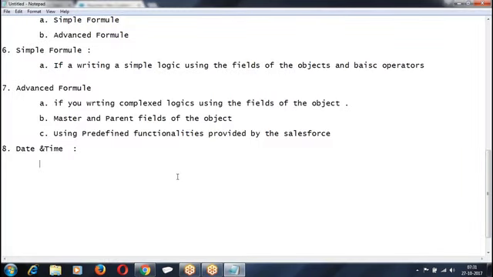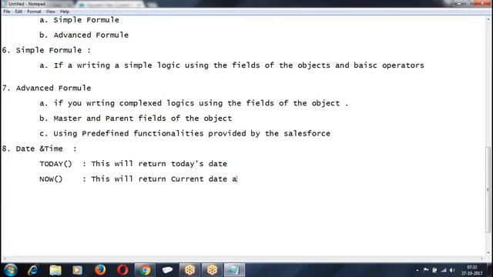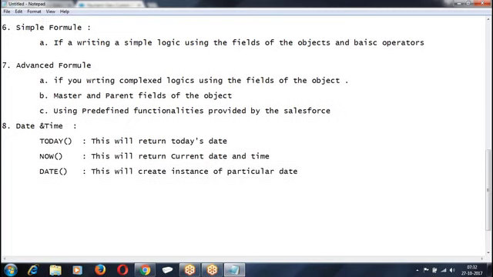First, we have today, which refers to today's date. Then we have now, the current date and time. Then date, which will create an instance of a particular date.